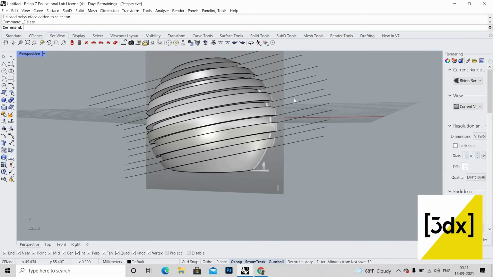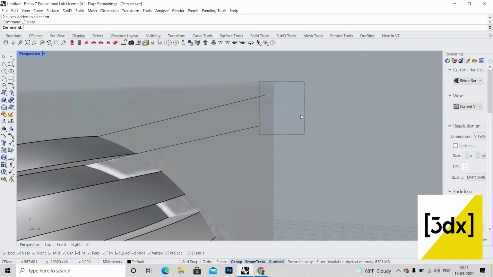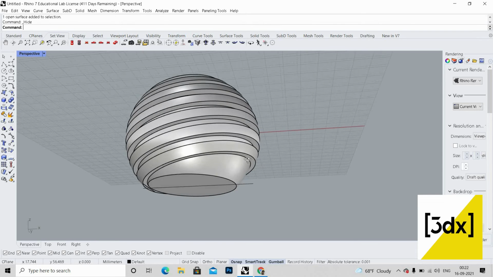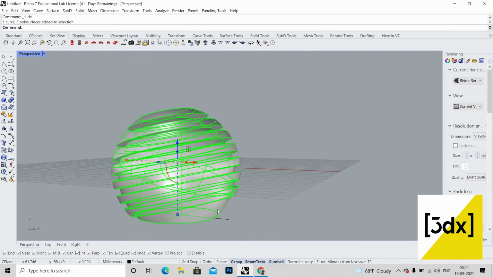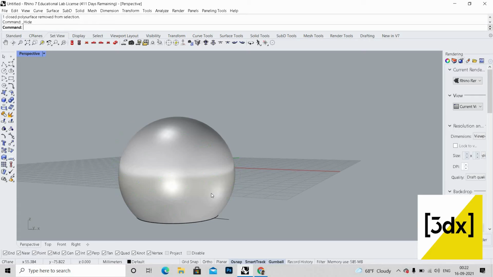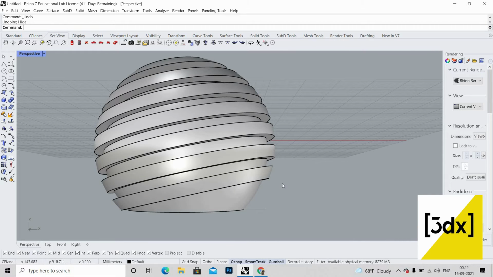I don't need these lines anymore, so I'm deleting them. I don't need the image either. If you want, you can delete the image, or else you can hide it, which is useful. I'm hiding all the parts except the bottom one. But before hiding,